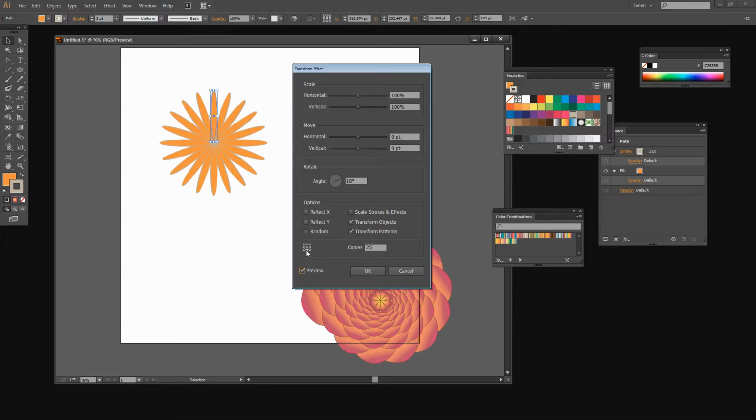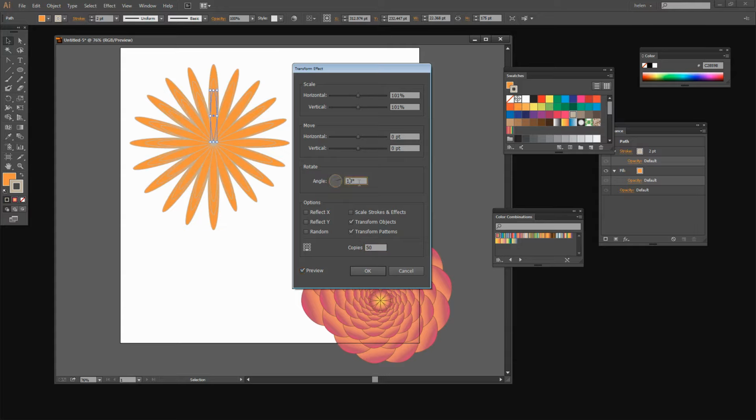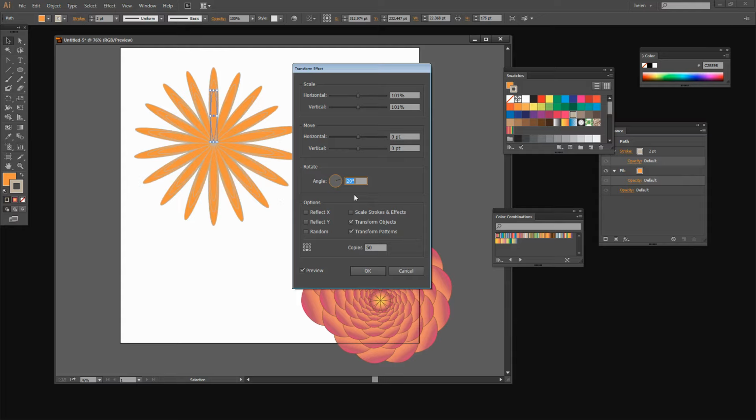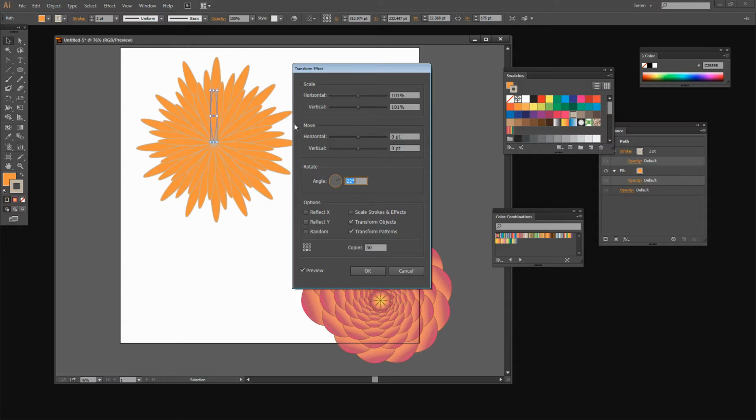You can see that when we set to rotate around the bottom center point of a petal and we set an angle but no move or no scale, our flower's not getting any bigger, but we're getting a sort of flower shape. Now I want that flower shape, but I would like mine to scale up just a little bit. So I'm going to scale it up 101 so it gets just a little bit bigger as we go, and I want more copies. So I'm going to try for 50 leaves. And then I'm going to start walking around my angle,